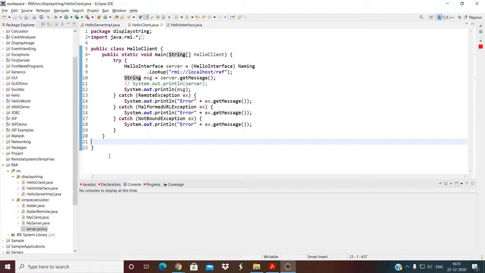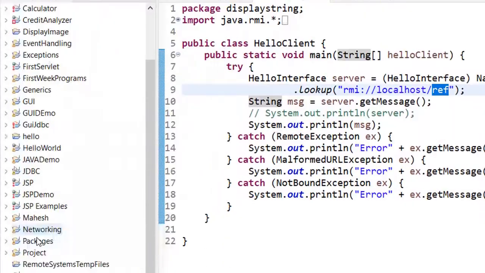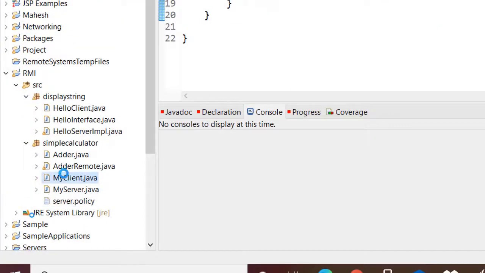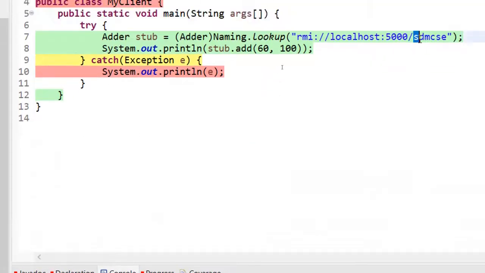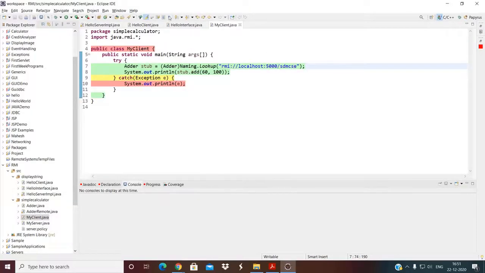Yes, you can, but the string should be different, like the instance I was talking about. Port number also. Here I am calling this as a reference, right? In the other program I called it something else, like SDM CSC. That should be different. Okay, you can use it. Fine, thank you, sir.